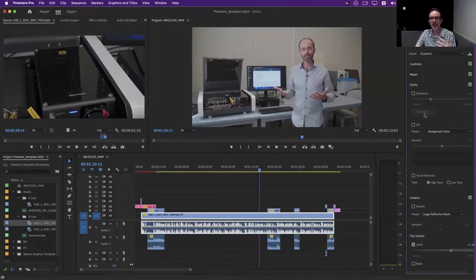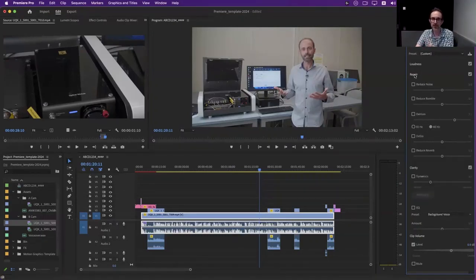Now, one other little thing you can do is repair the clip. This particular video has a bit of background noise. So what I can do is go into Repair and do something called Reduce Noise. Now, there's a lot of other things in here you can investigate in your own time, but Reduce Noise is really handy because I can click on that